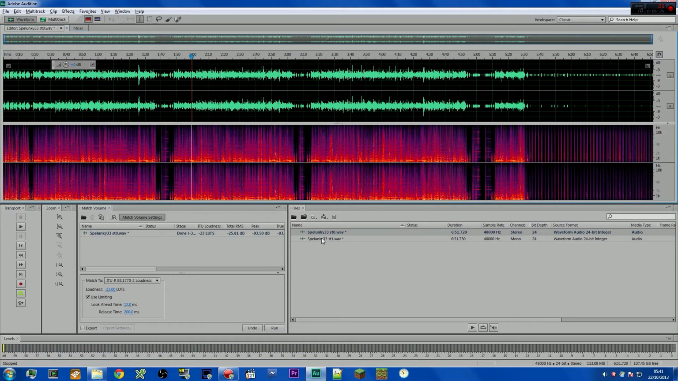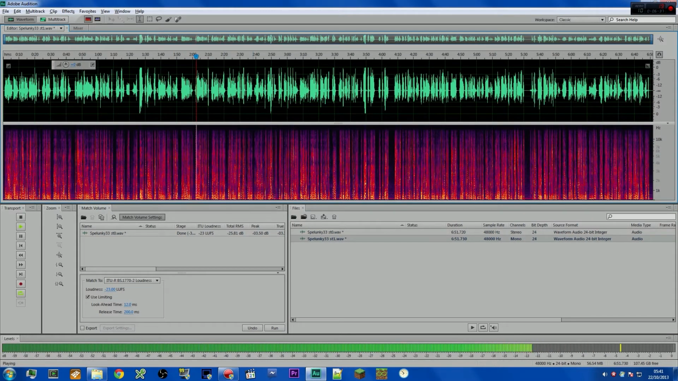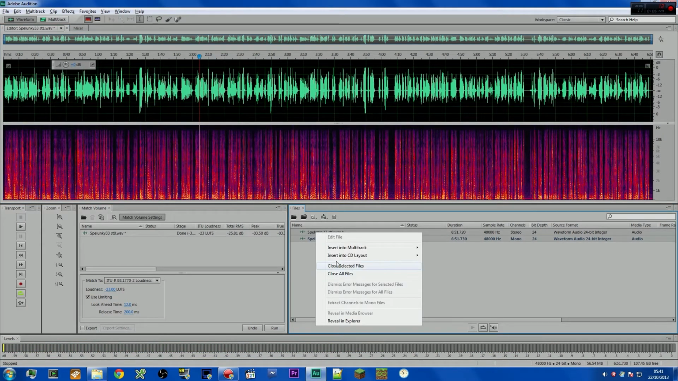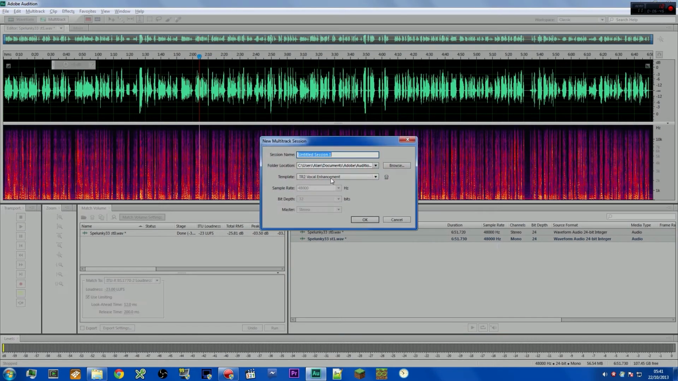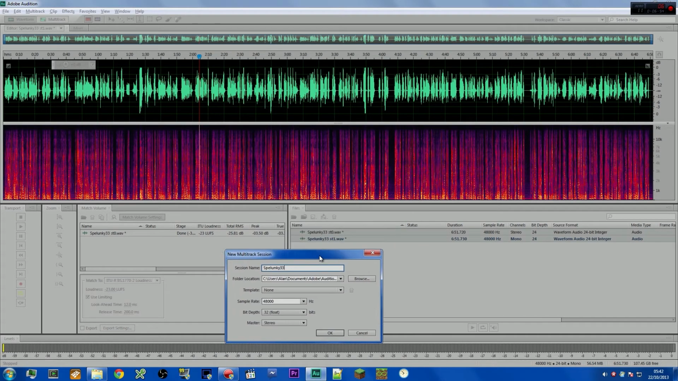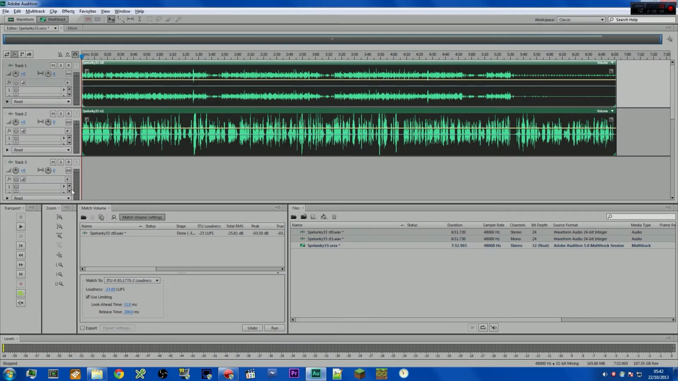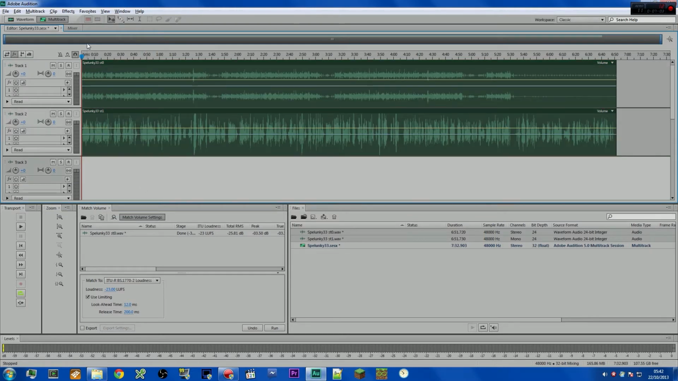And as I'm sure you can see, that's nice and quiet compared to that there. So what I do from this point is I select both these files and I insert them into a multi-track session. Now ignore that. Template on, and then I call this template Spelunky 33 in this case, because this is the 30-second Spelunky video. So I click OK here, and what I end up with is both of the files in a multi-track